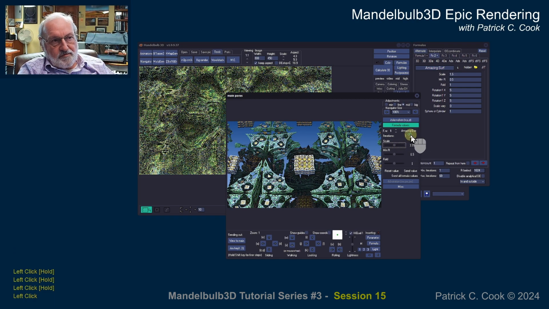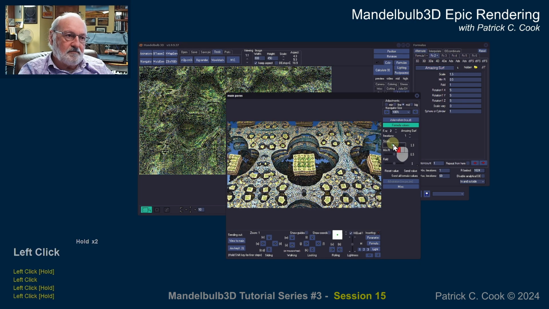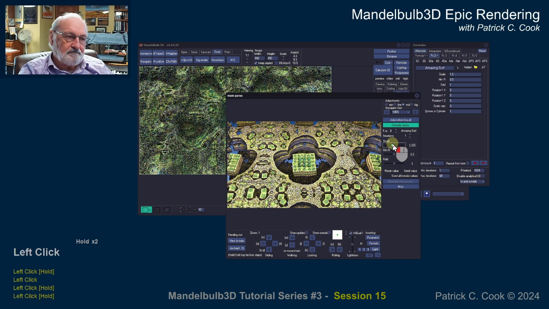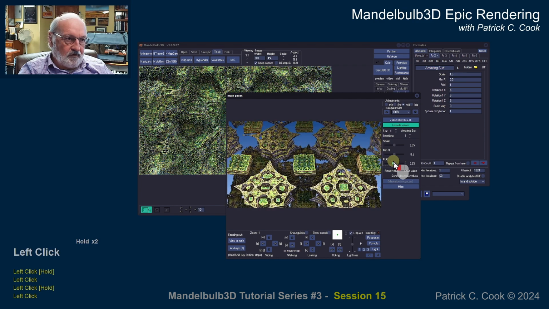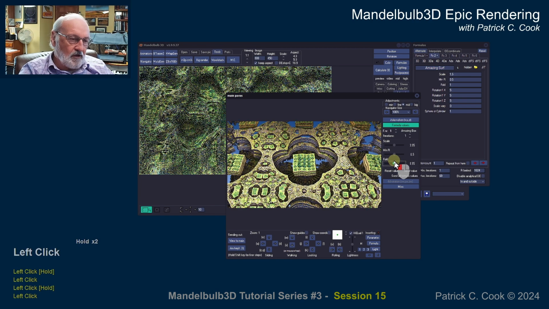Now let's go over to formula number 2 and modify the scale of Amazing Surf. All right, let's go that way. Okay, this is the Amazing Surf. Okay, let's go back to Amazing Box. Let's try the fold. Yeah, something like, I don't know, maybe something like that. Okay. All right. Now let's see,